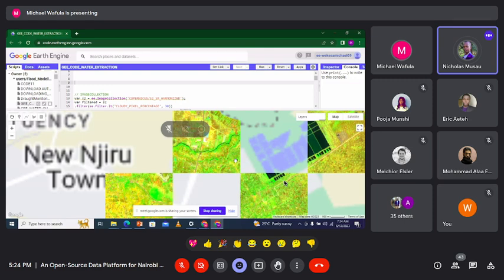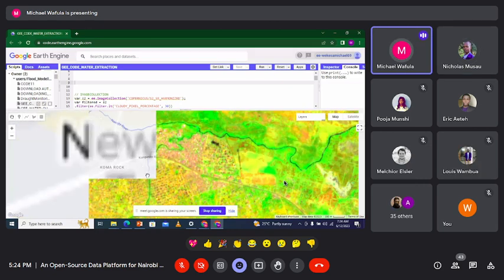Yeah, so this is the river as it is loading. You see it's flowing from the upper region of Nairobi, the western region, all the way to the lower side of Nairobi, where it's moving on to Ruai, then exiting